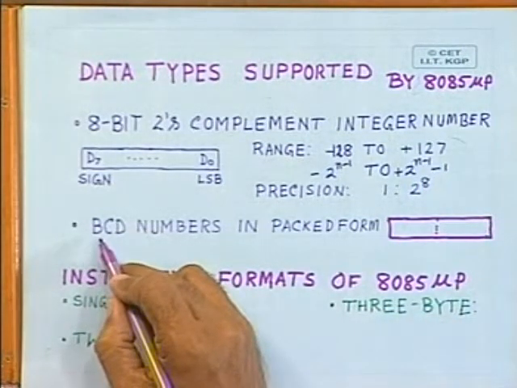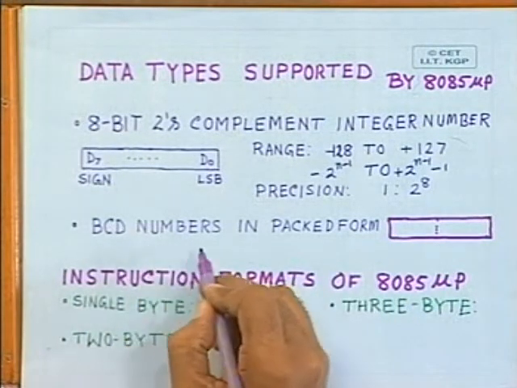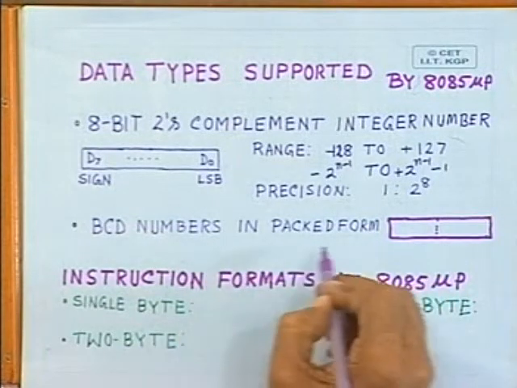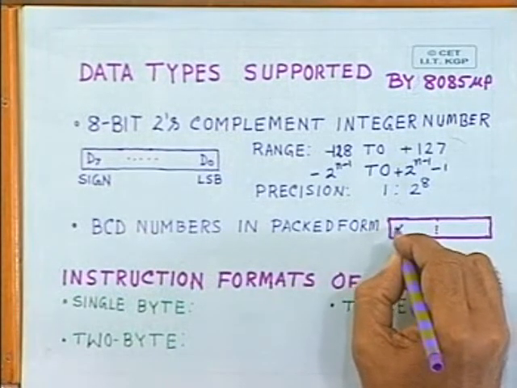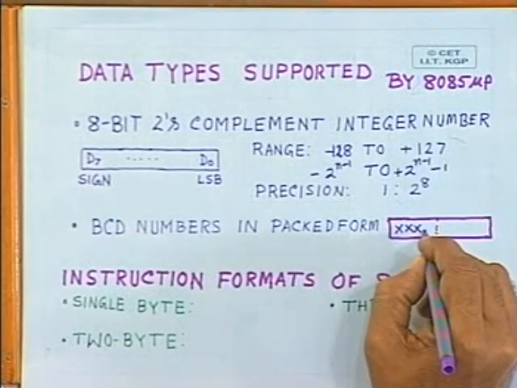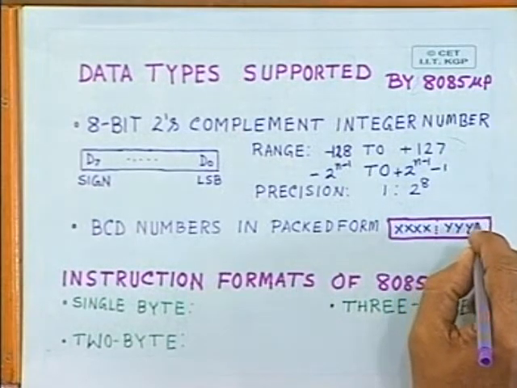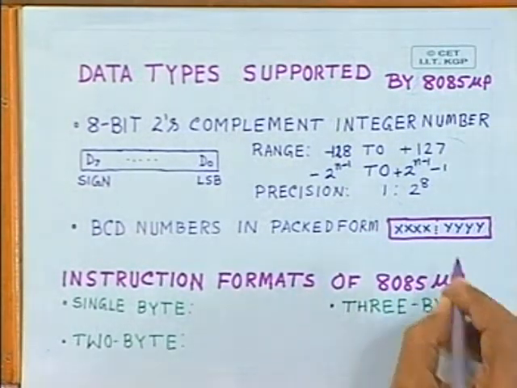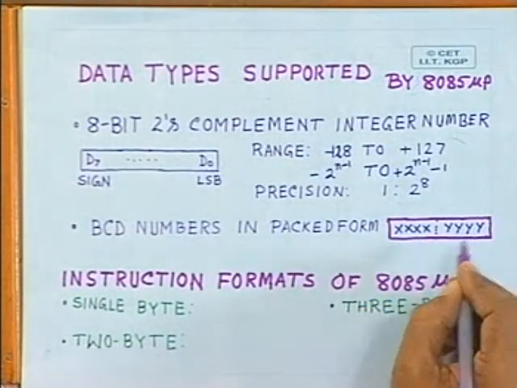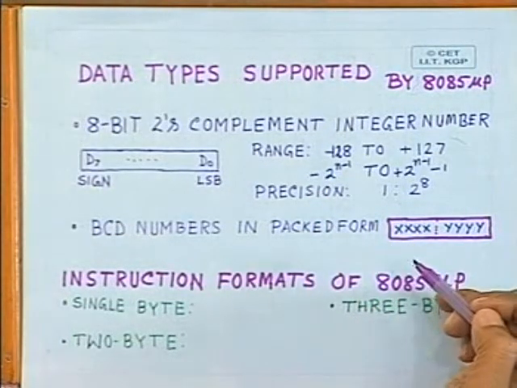The 8085 also supports BCD data type in a very limited way. You can store BCD data in packed form. For example, you can store one BCD number in the higher order 4 bits and another BCD number in the lower order 4 bits. Then two BCD numbers stored in this packed form can be added, obviously by using that binary adder, and the